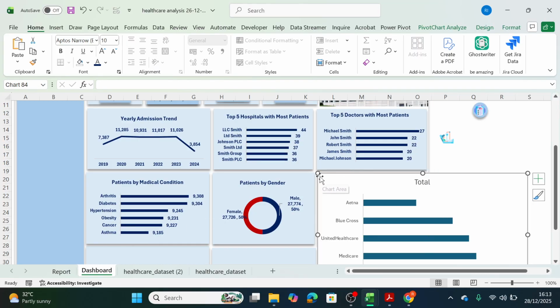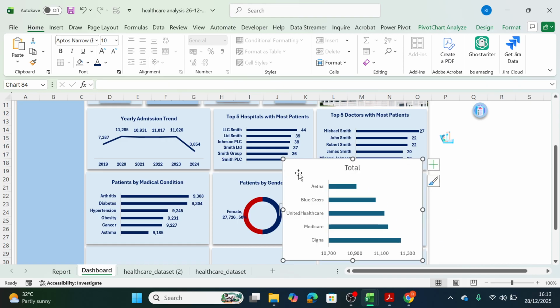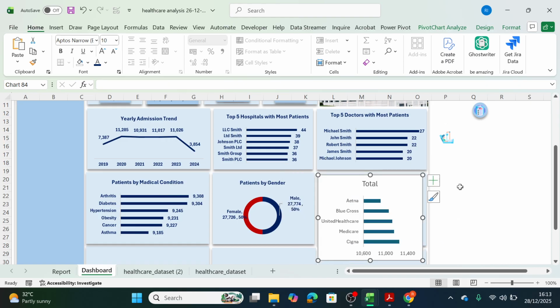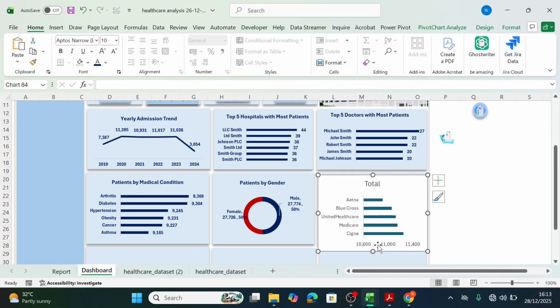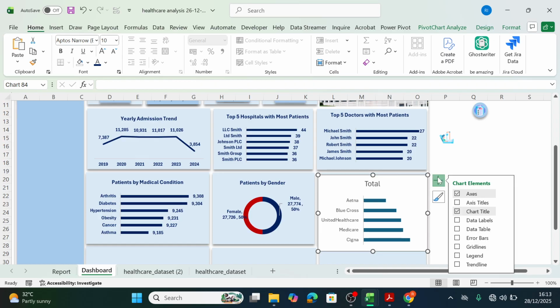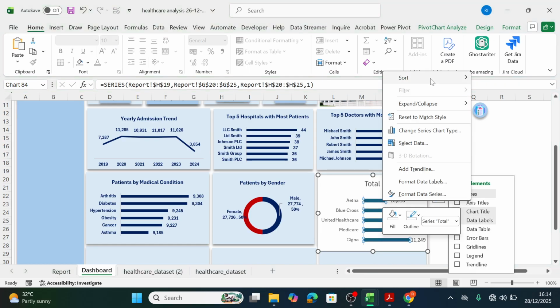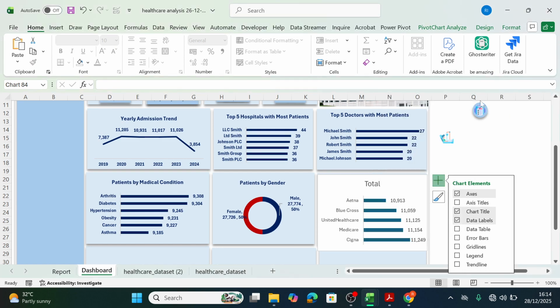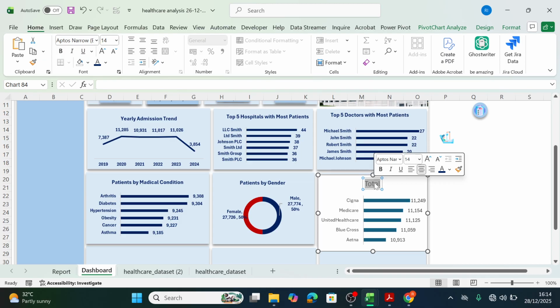Close this. Remove this. We don't need this x-axis because we're going to use what? We're going to use the data label. Let's sort. Change it the other way around, highest to lowest. So this one will be patient by